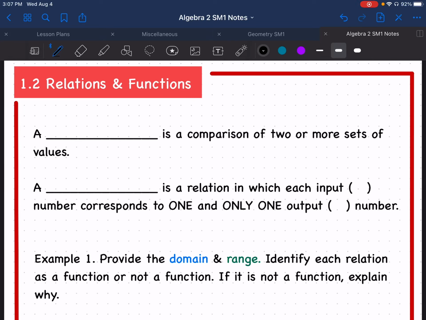Today's lesson is 1.2 Relations and Functions. A relation is a comparison of two or more sets of values. A function